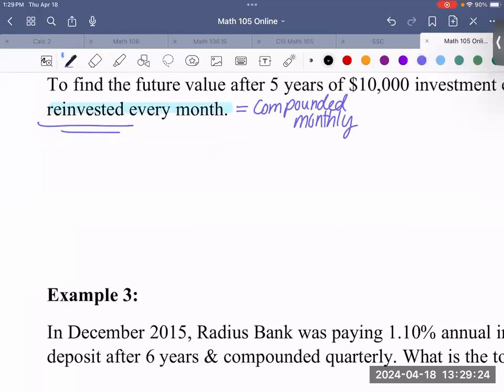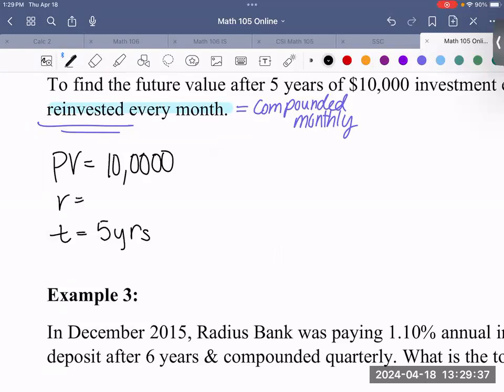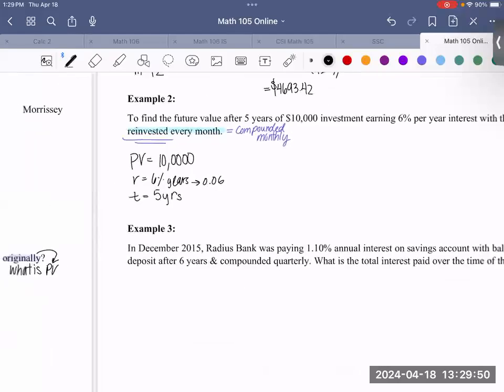So in our case, we have $10,000 right here, right now. They're telling us your time is 5 years. They have your rate as, what was it, 6%? And they said this is years, which matches. That's good. We want to see that. 0.06. And I just want to make sure, yep,